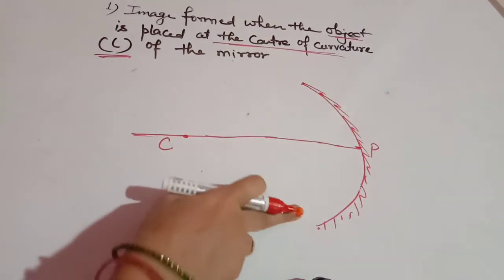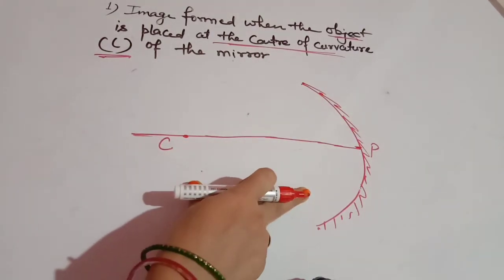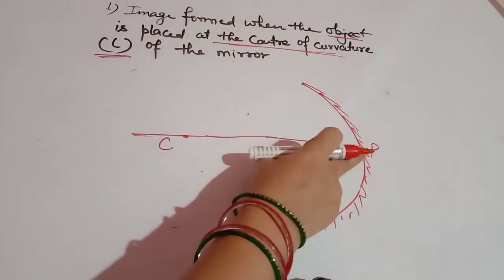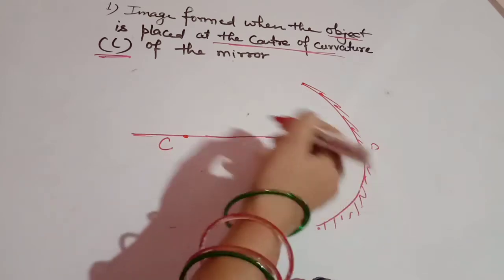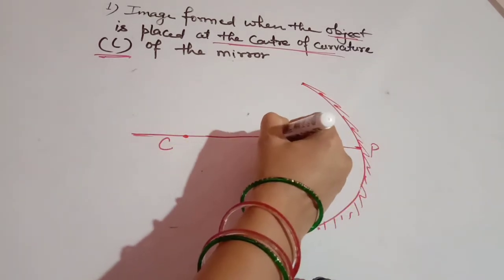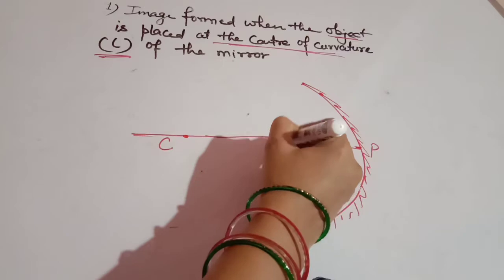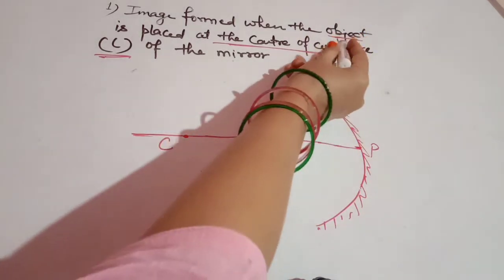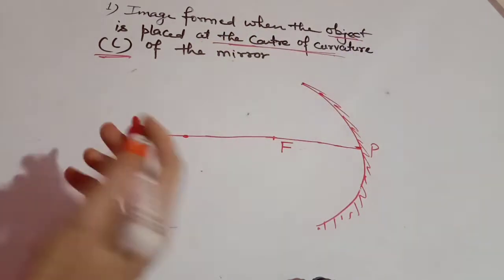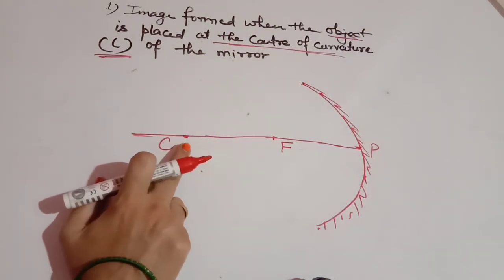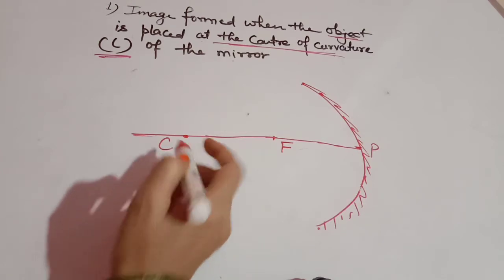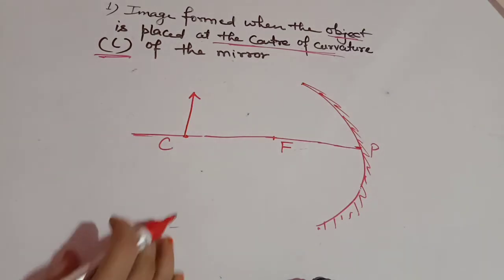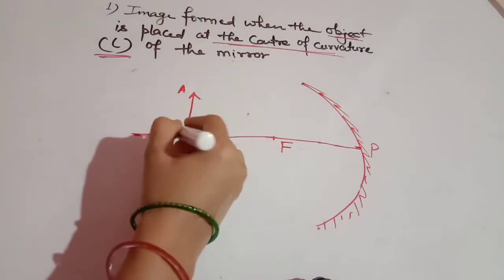Now suppose this is our mirror. Which kind of mirror is it, children? It is concave. See, cave, it is a concave mirror. In this concave mirror, this is the pole, this is the center of curvature. Obviously just in between is our focus, F. Now you have to draw the ray diagram. See the condition of the object. The object is placed at the center of curvature. So at this point, your object will be placed at point C. Always make the object like this. This is your object. Give the name of the object A and B.